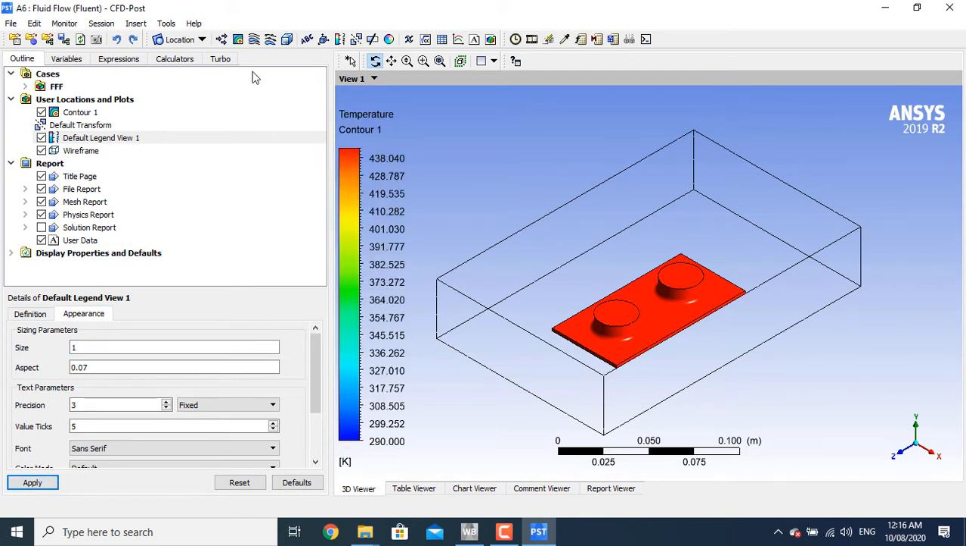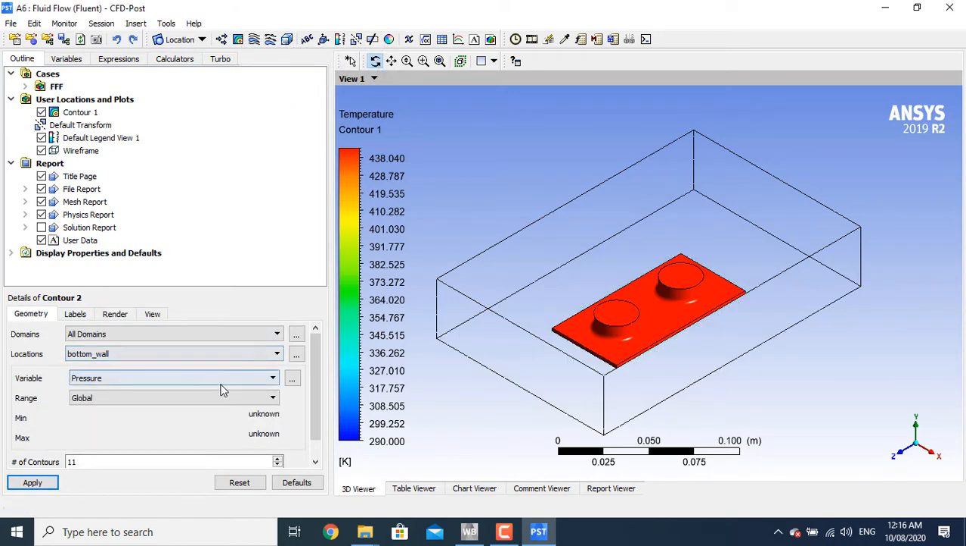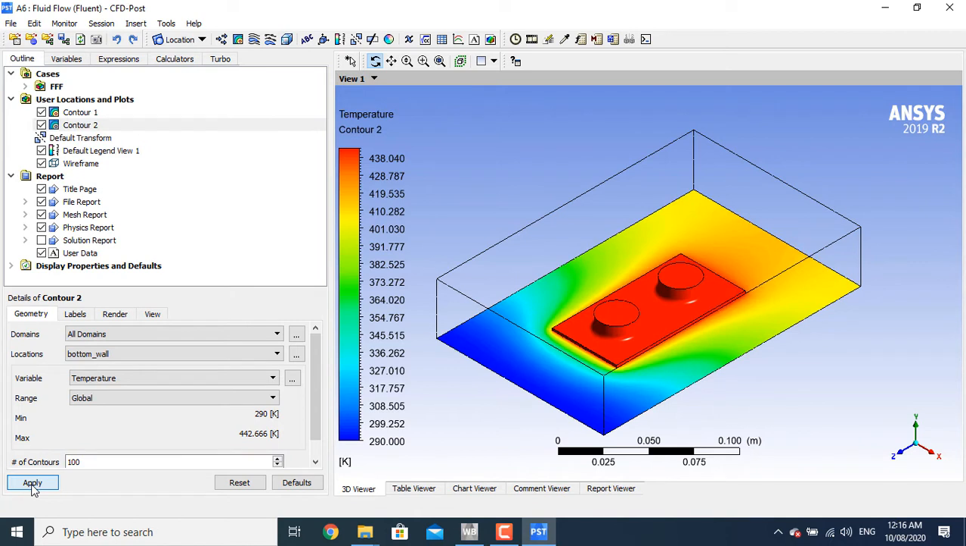Now similarly, another contour, we can check the bottom wall with 100 number of contours of temperature. So we can see the color map, how temperature is varying. The variation is shown here. At inlet, temperature is initially 290 Kelvin, and then along the axis of domain, the temperature increases when it flows